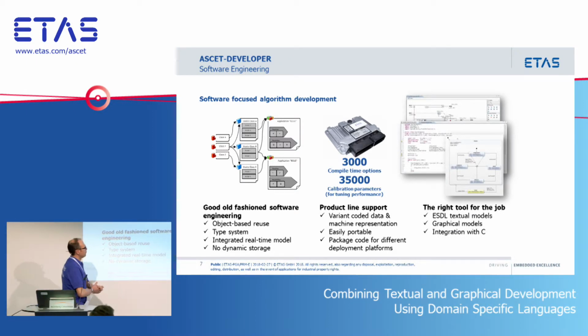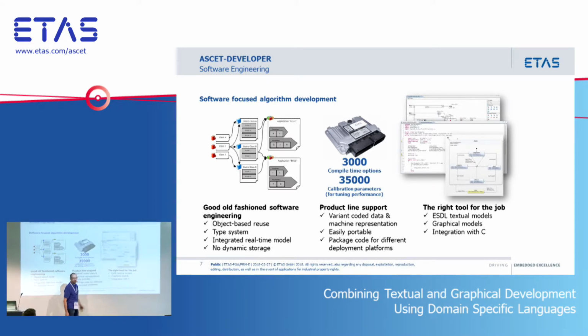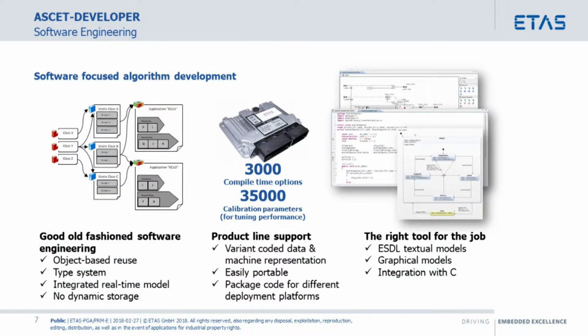You can build ASCET models in multiple ways, which I touched on before. We've got the textual models, and we've got two sorts of graphical models. And we can also make that work with C. So you can call C from ASCET. You can implement parts of your ASCET function as actually a native C function. You can make that a C function that we simply call over a method interface, or you can embed that C code in our generated code as well. So that's basically what you can do.